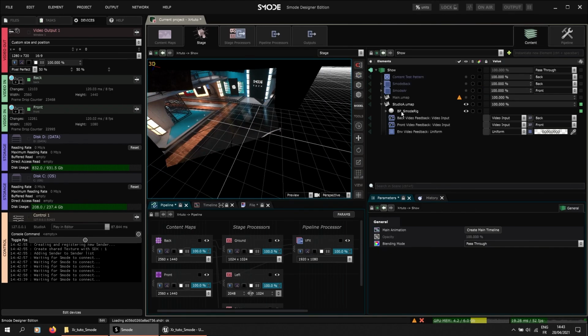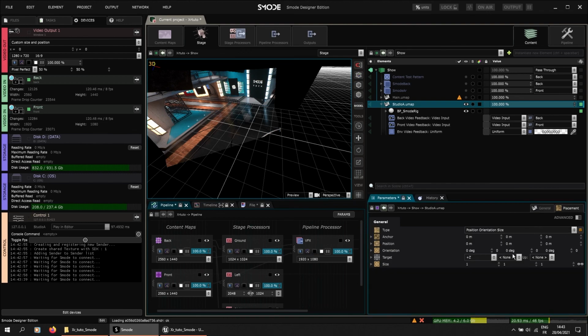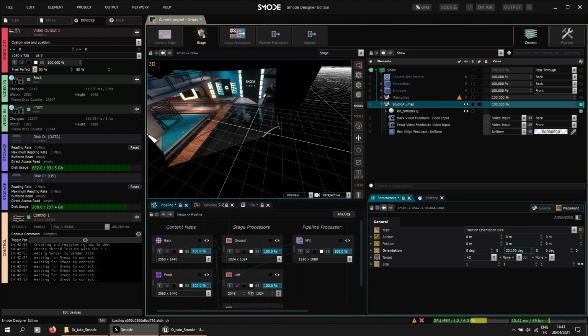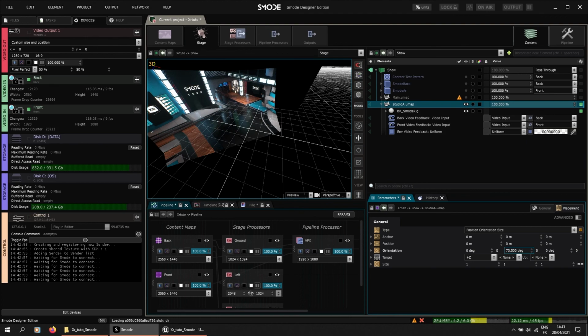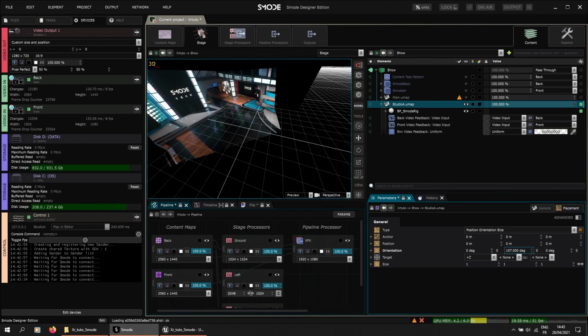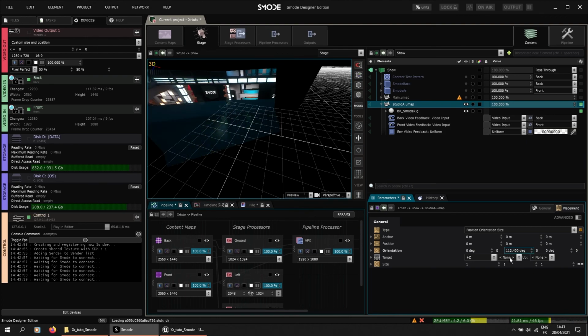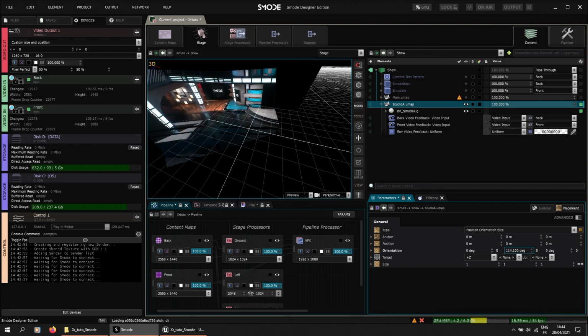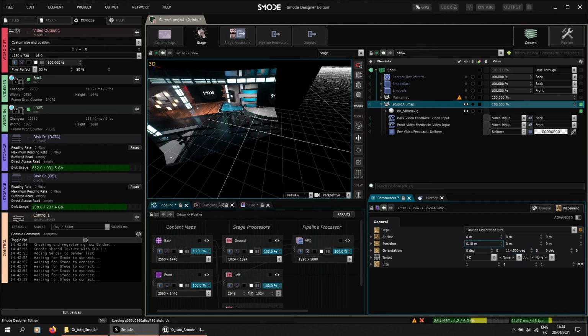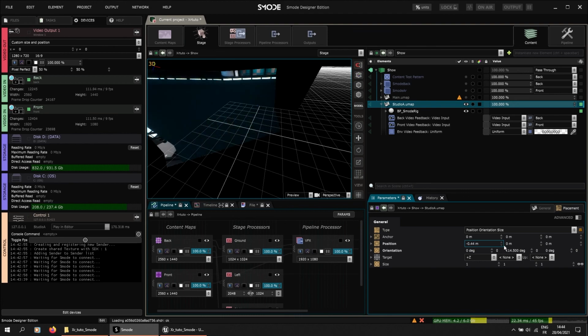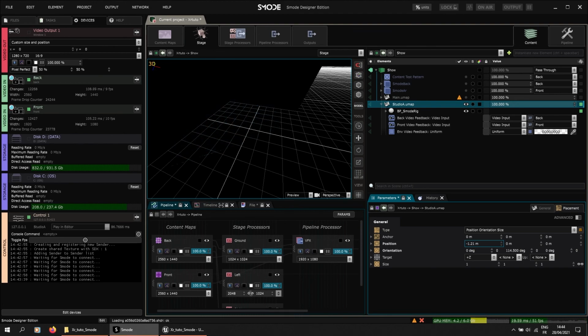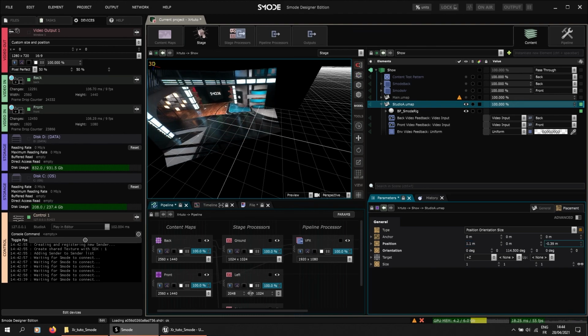If I want, in the map transform, I can rotate the map so it corresponds to what I want, and I can move it like this.